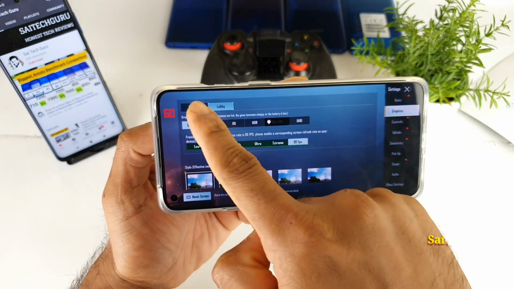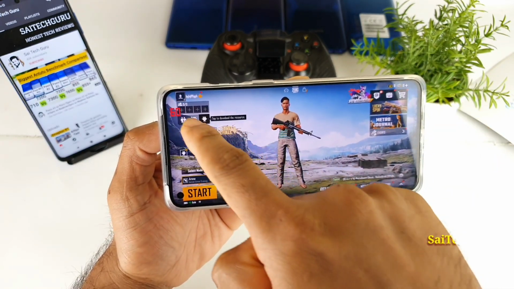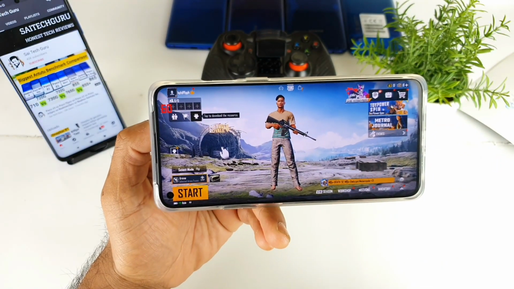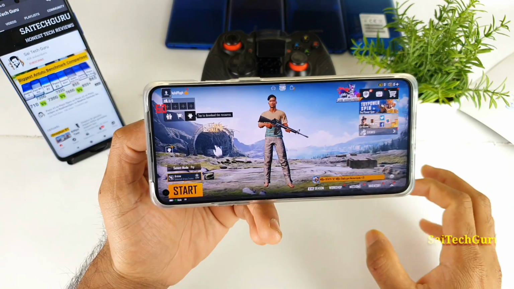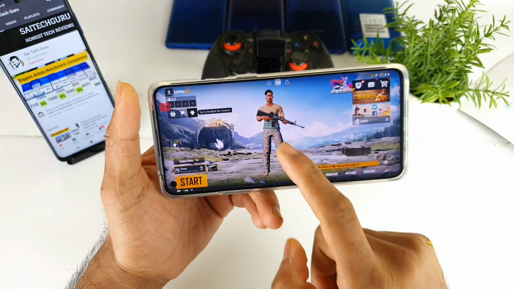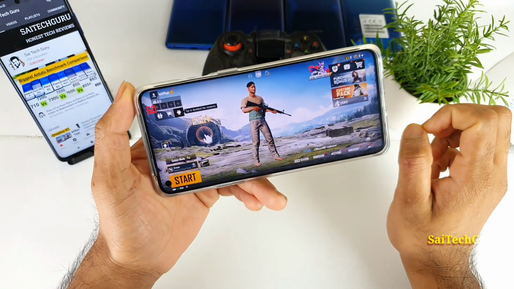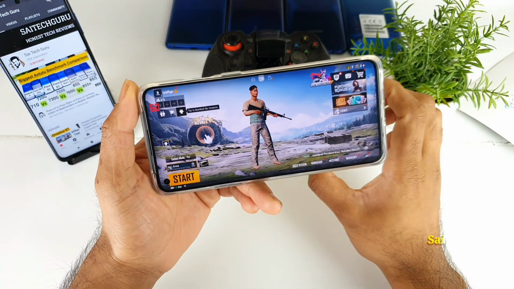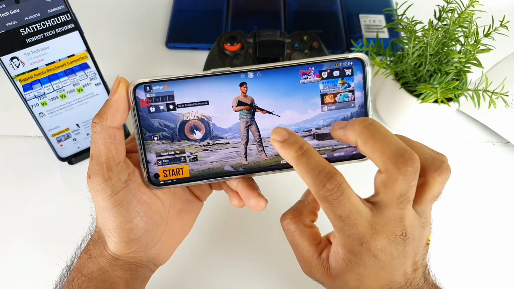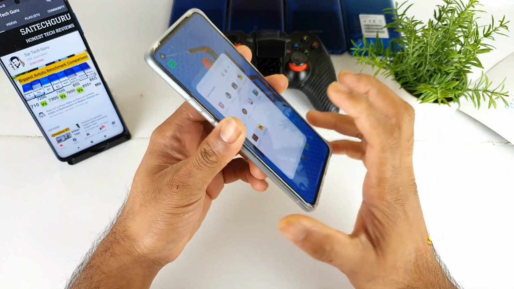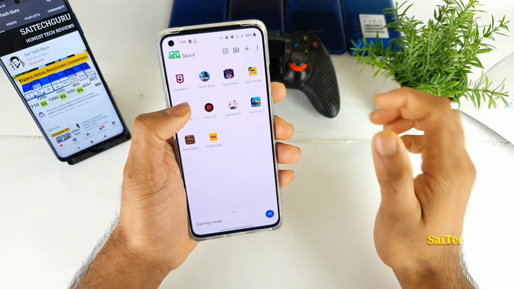So even though right now I'm using the 90 FPS, as you can see, the real-time FPS count meter is showing only 60 FPS. As you can clearly see, friends, the game is actually playing at 90 FPS, but you will be seeing only 60 FPS. So to prove this statement correct, I'll show you another game as well. Let me explain why I mentioned that.